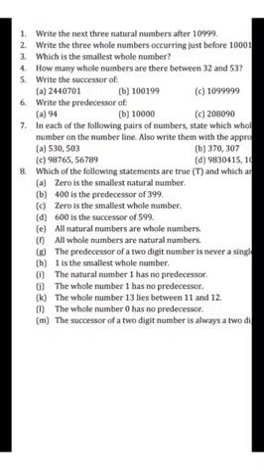My dear students, we have completed the introductory part of this chapter, and you have gone through what is successor and predecessor. Now let's begin with the exercise. Here the first question is, write the next 3 natural numbers. We have to write 3 natural numbers after 10,999. We have to write the number after, or the next number.